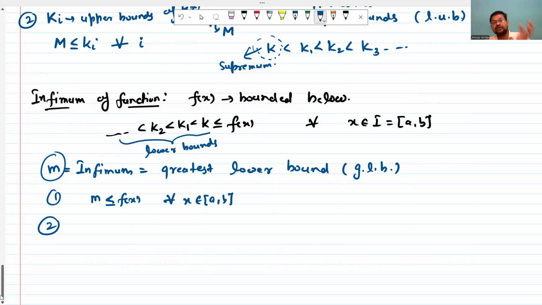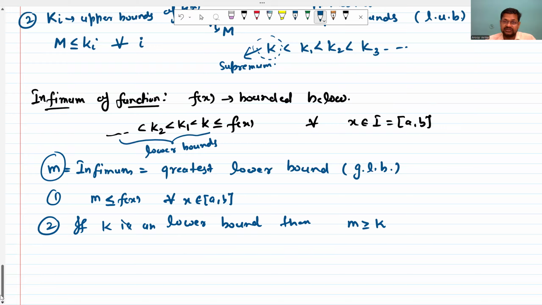दूसरी बात ये कि अगर हमने कहा कि कोई नंबर k एक लोअर बाउंड है, then m should be greater than this lower bound, इससे बड़ा होना चाहिए। ओके, तो पहली बात तो ये कि हमारे पास लोअर बाउंड होना चाहिए, दूसरा दैट शुड बी ग्रेटर दैन ऑल द लोअर बाउंड्स।